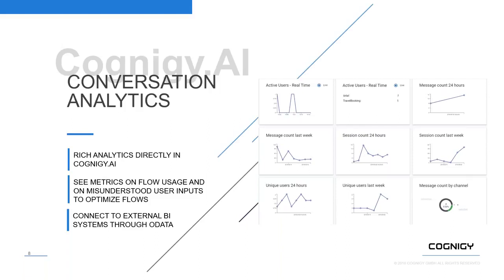We still, of course, allow the connection to external BI tools through OData, so that you can use the tools that you're already using or that your customers are using and integrate the data that you collect within Cognigy into those. Again, to stay compliant with GDPR, for the general analytics here, we are completely anonymizing the information. So even if you turn off profiles and if you turn off the collection of conversation records, then here we can still use the analytics information that we're getting in a completely anonymized way.